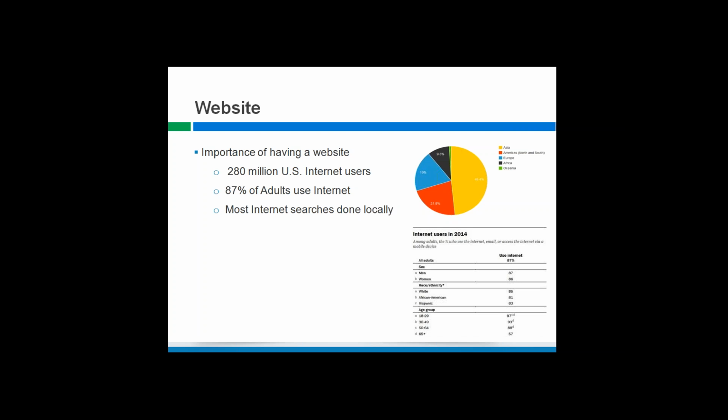And he's not alone. There are 280 million internet users in the US, and 87% of those internet users use a mobile phone. Most of the searches are done by people looking for things locally. I said that earlier. So people expect to see current, updated websites, interactive tools that show event happenings at your church, video streams of sermons, social media that allow them to connect to the social touch points of your church,